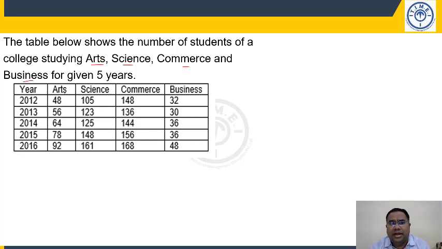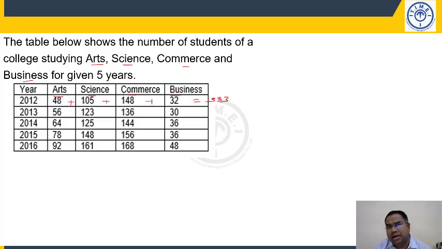Now, if I want to find out the total number of students in all the subjects in a particular year, let us say in 2012, I would like to know the total number of students in all the 4 subjects together, or 4 branches together. Now, what should I do? 2012 total means we need to add this row wise. Add this, we'll get the 2012 total. So 48, 553, 101, 133. So 1 is carry forward, 1 plus 1, 2 plus 1, 333. So I have to add, so you know 2-digit addition, right?